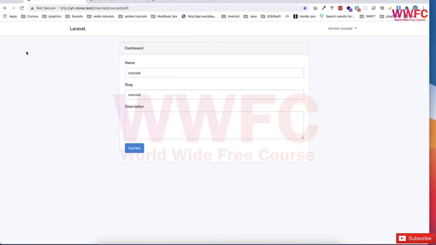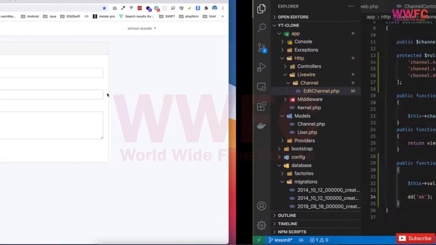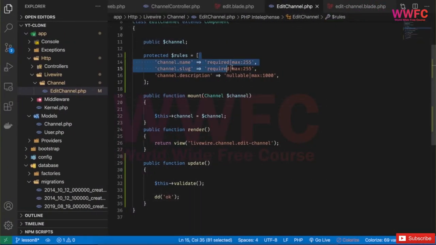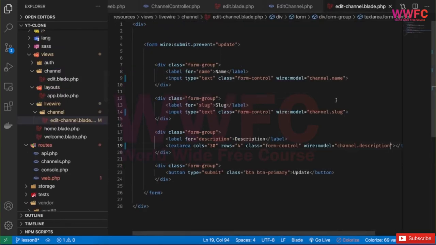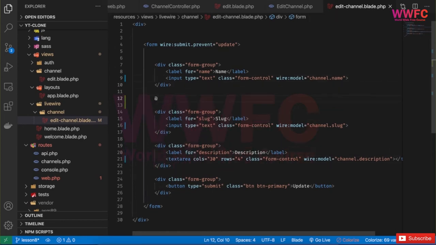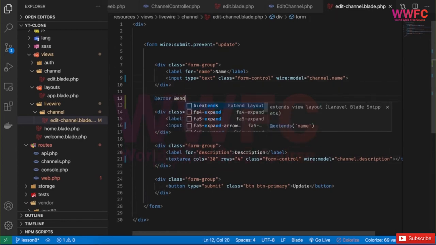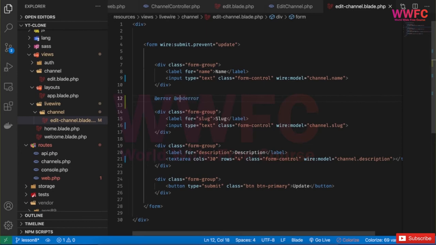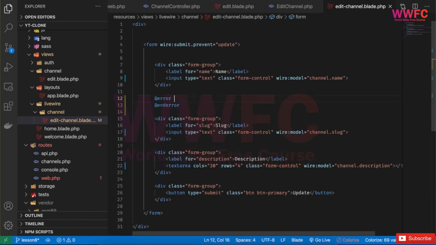So it is okay, but we need to add more rules as we mentioned, which is basically that this should not be repeated on the channel table. But before that, let me finish the form. So we add some @error. When there is a problem, we can mention @error and put some alert here. So when there is an error of channel.name,